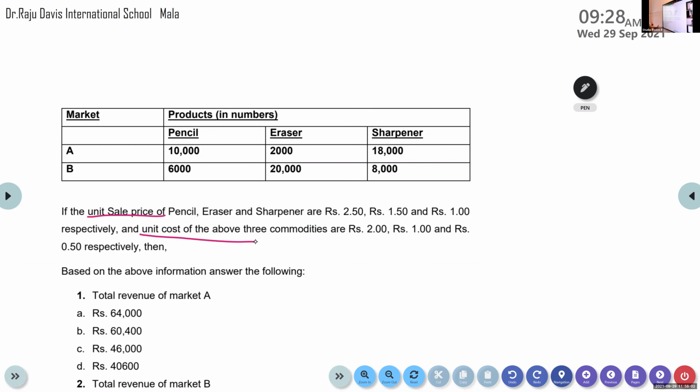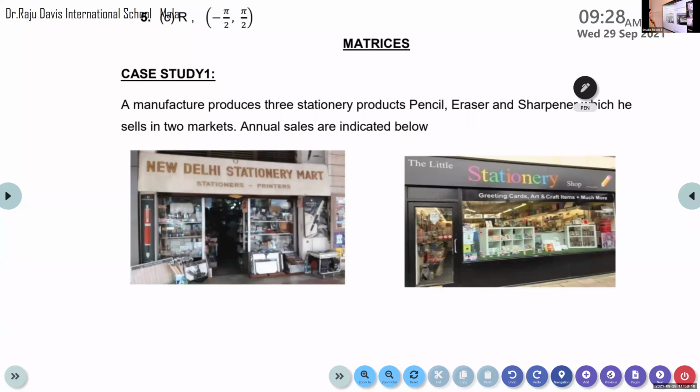Now do this and try to give the answer. How will you find the revenue? Being commerce students, you know how to find the revenue. What is meant by revenue? Total income. So that is the same as the selling price. Note down that one. Is the selling price given in the previous one? No, I think this is in the next.